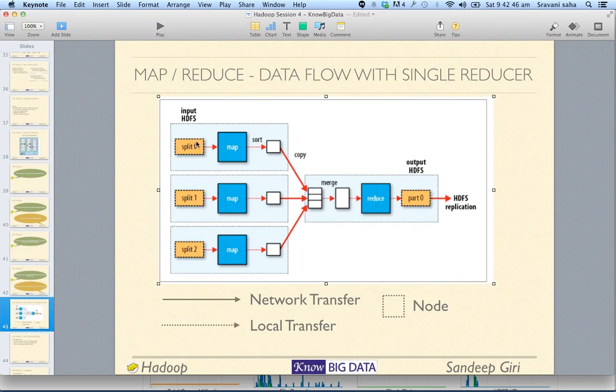On each one, an input split is created, and that input split is fed to the mapper. The mapper creates the key value pairs which the sort takes. Once the sort finishes the job, it sends it for the merging, and hence